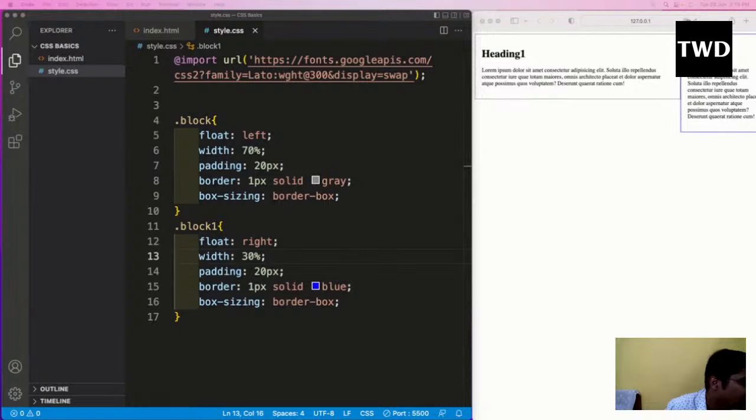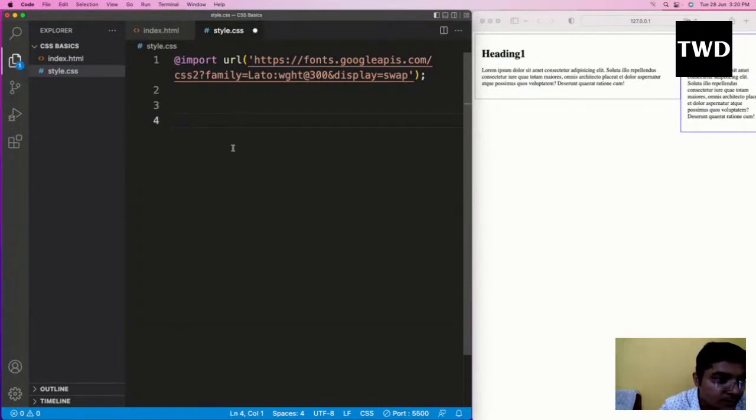So what is positioning? In case you want something to be placed in the last, or you want something to be placed in the top irrespective of the size of the screen, or you want something to be placed in the middle, like that, for this particular thing positioning is being used. So now let me remove it,